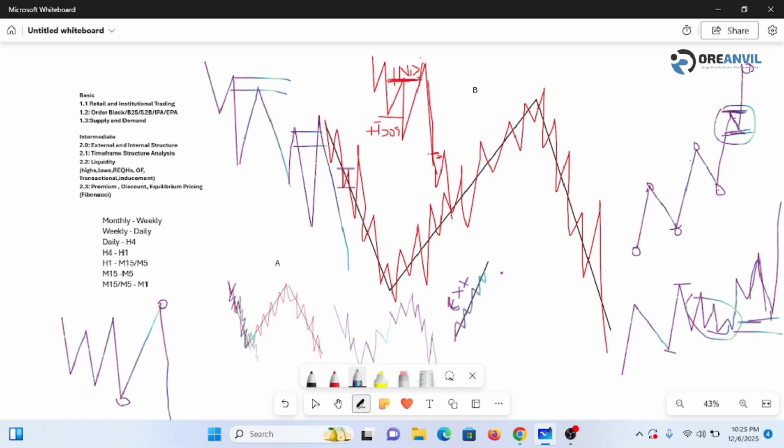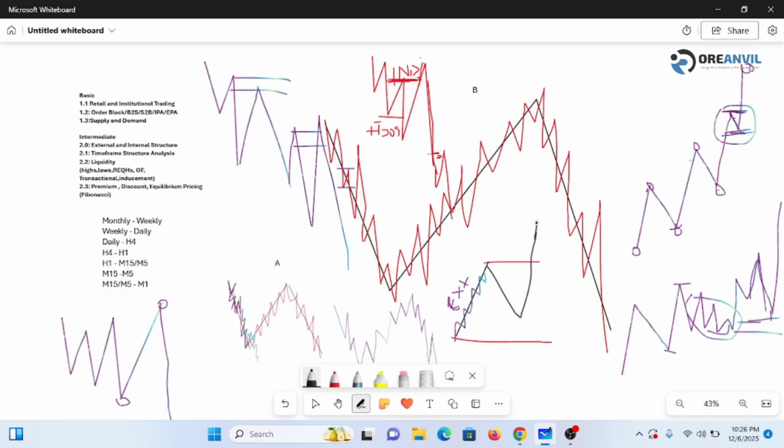So what people expect, from this high to this low, this is our external, the black. Then we have this blue internal to it. So what people expect is this. Then they say you have internal structure. And when price finally takes the high, they say we have external structure. This is the explanation.